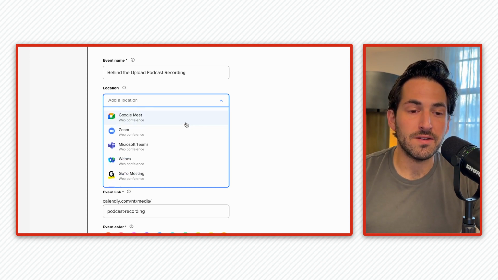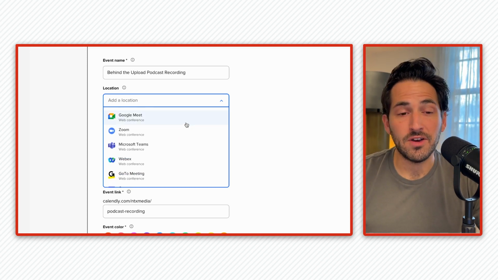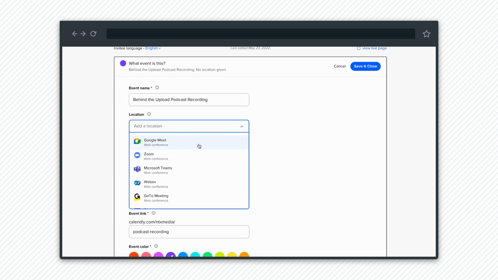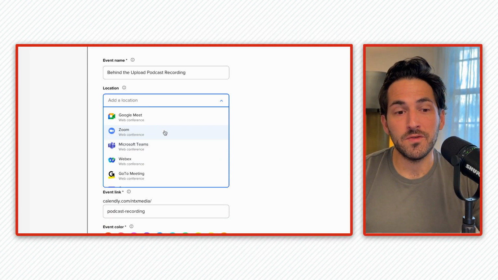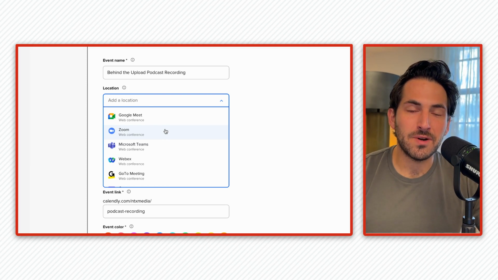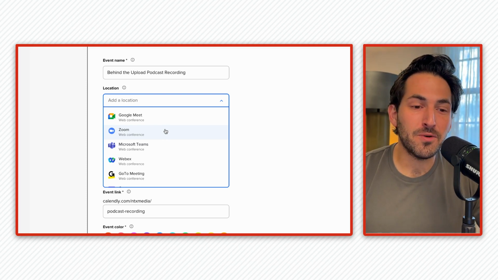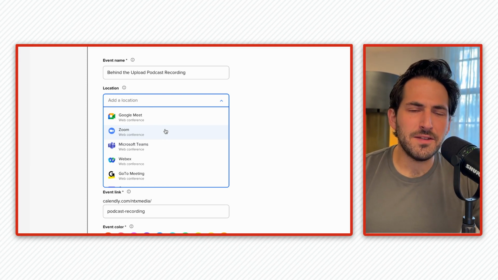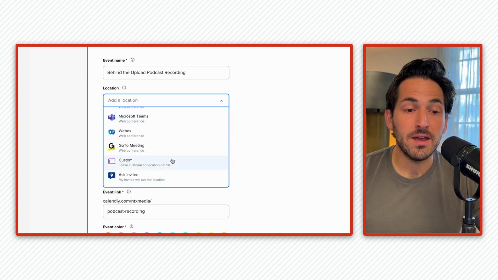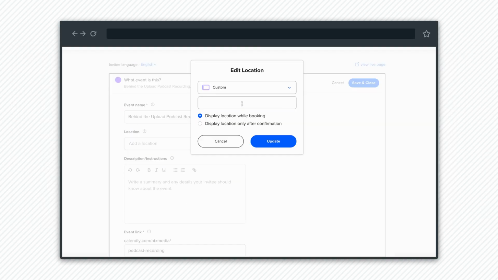And then it also integrates with the major video chat platforms. So if you are recording on Zoom or Google Meet, you could skip the first part of this video that I just said and just instantly add this here, and it'll automatically make those Zoom rooms and everything we talked about. But in this case, we're using a bit more of a specialty podcast recording software, and so there is no native integration. So in that case, we're going to go to Custom, and we're just going to paste that